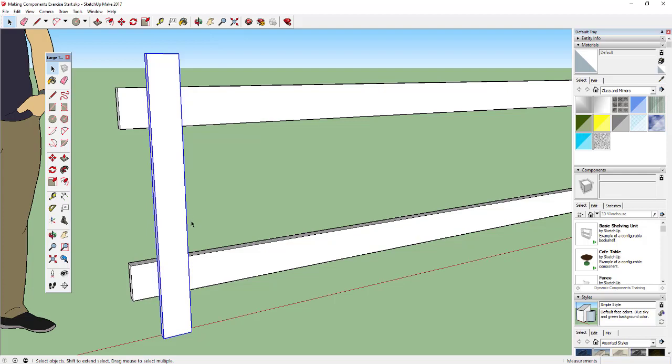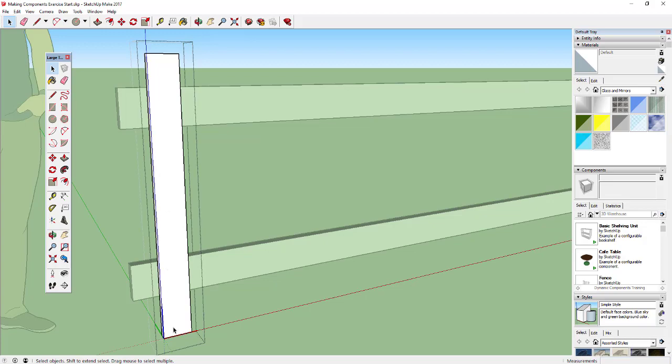Now, how do we know that it is a component? Well, we know this because if I click on this panel here, you can see that I can click on individual sections like the edge, the face, etc. Whereas if I click on this, you can see everything is outlined in blue, and that indicates to me that this is a component. So now if I double click on this, you can see I can now edit the